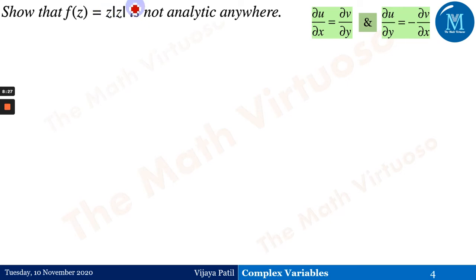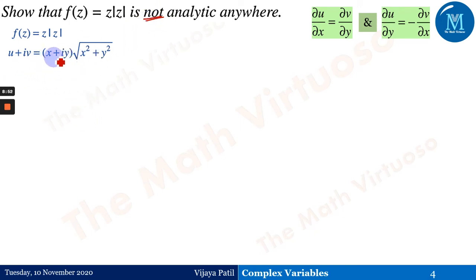Let me go ahead quickly with this, because there is nothing much here. It's z mod of z, and I'm providing this just to give you a very good understanding of how to check this particular analytic function. Now we have to show that this is not analytic. So what will happen at that time? I just wanted to show you that as well.